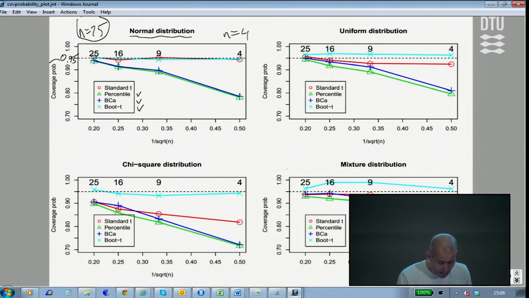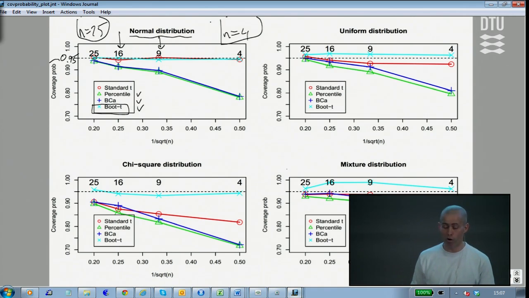The boot t also seems to be the only one among the bootstrap methods that, when we go down to n equal 16, 9, and even a ridiculously small sample of only 4, provides valid results like the t distribution itself. The other bootstrap methods are a bit off here and do not even work nicely. Not so nice, but that's a fact.